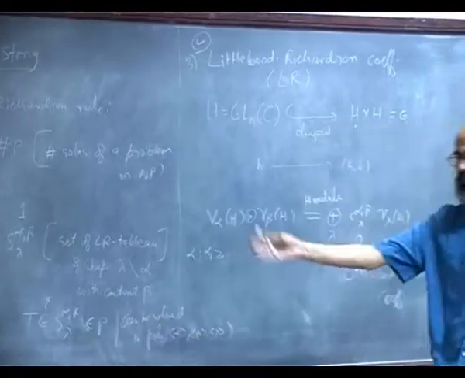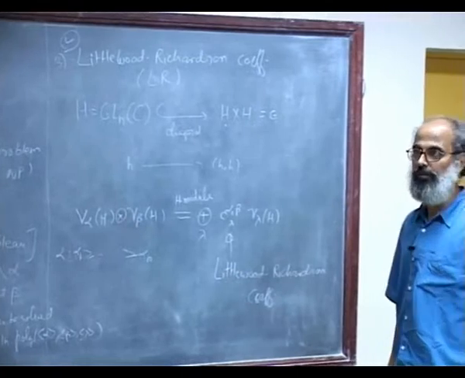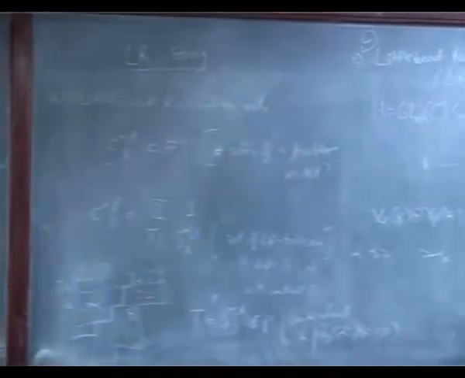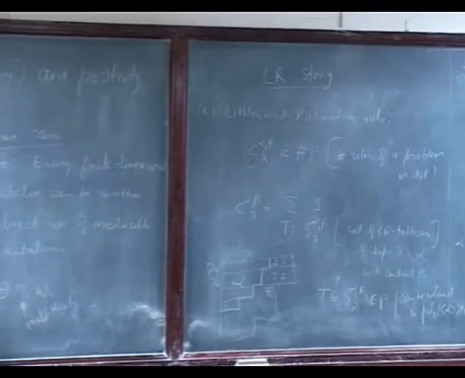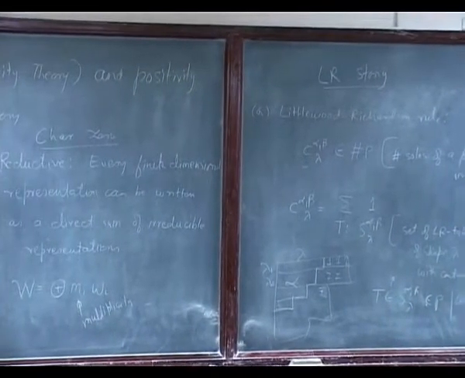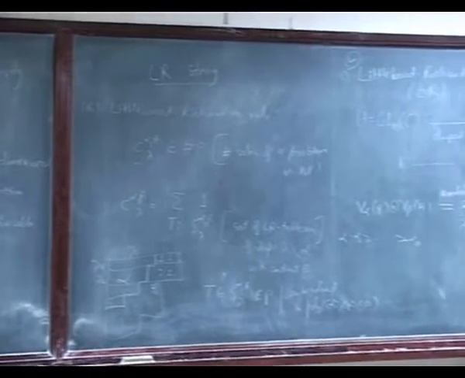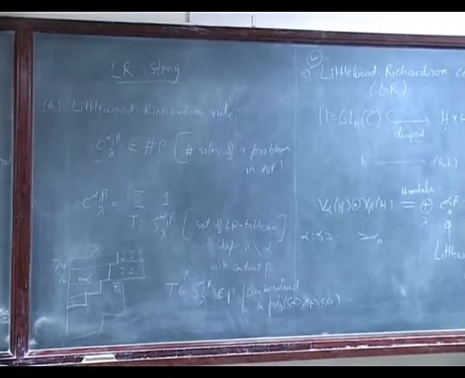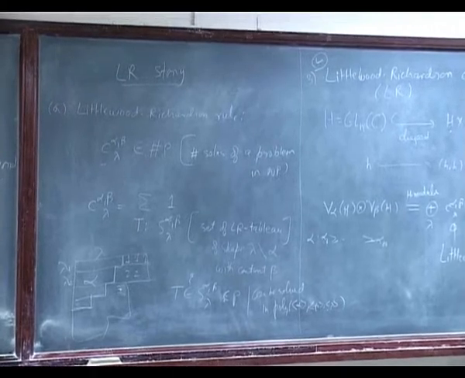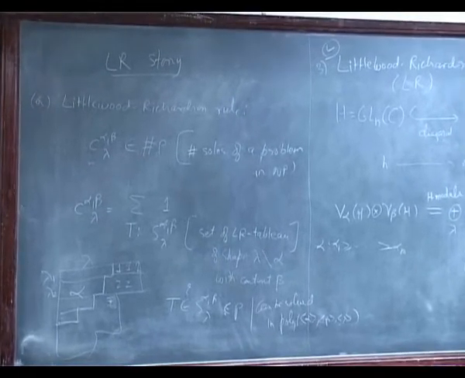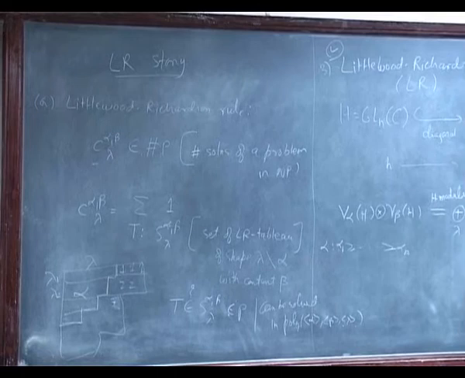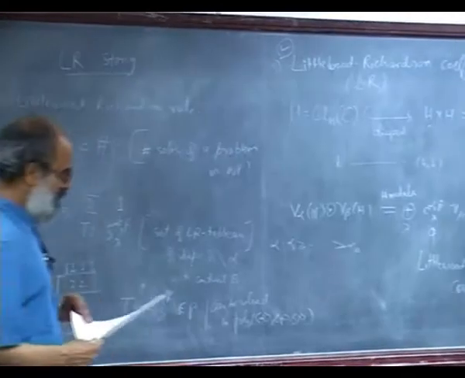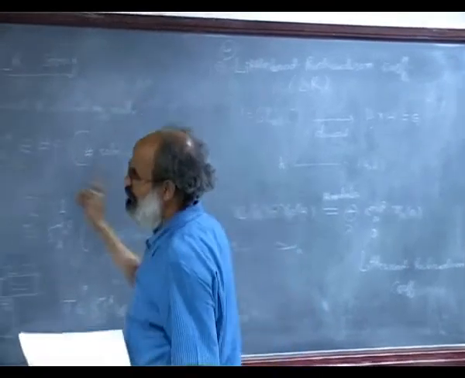Yeah, that is easy. So sorry, doesn't that define it to be in NP? Excuse me? Does not this define it to be in NP? Verify a solution in polynomial time. Yeah, but C alpha beta is the number of such solutions, right? So that is Sharpe. Okay, so that solves the first formula.